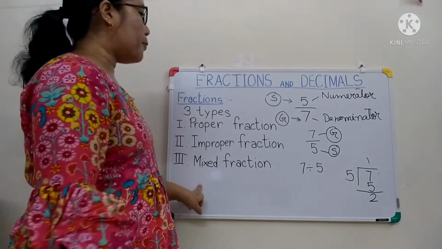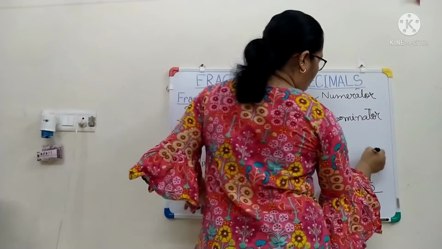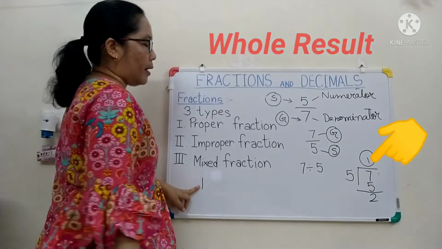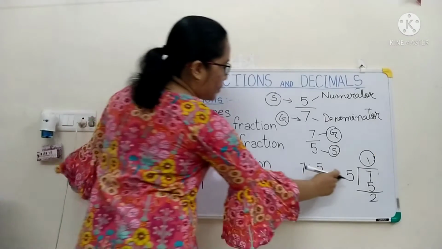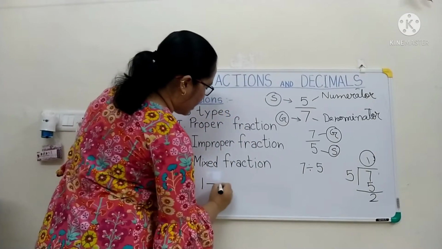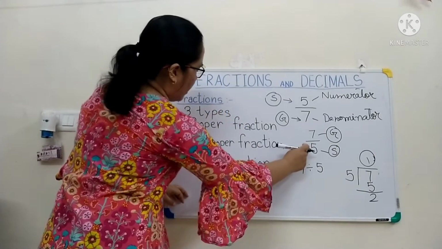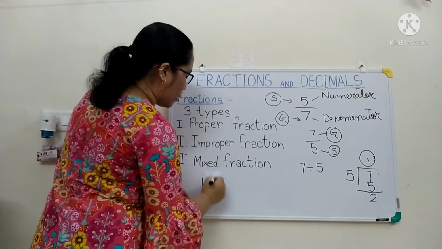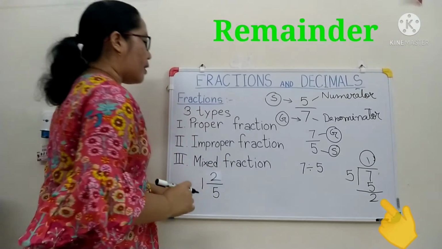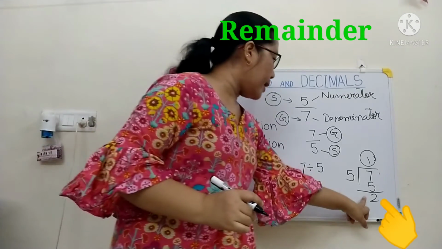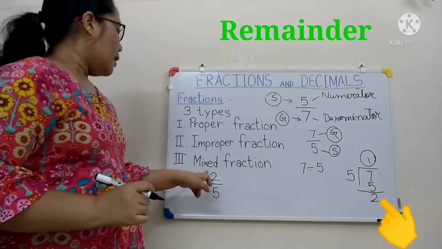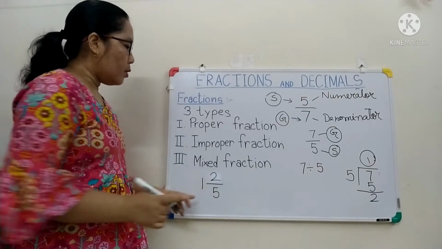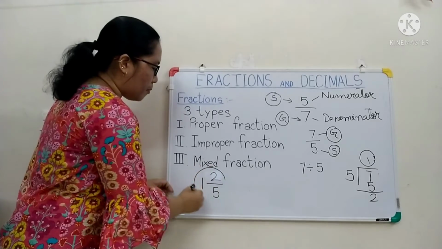So the whole number we will take first like this. Then we will keep this 5 at the denominator, just like in the improper fraction, and the remainder of this division will be taken in the numerator position. So this is the mixed